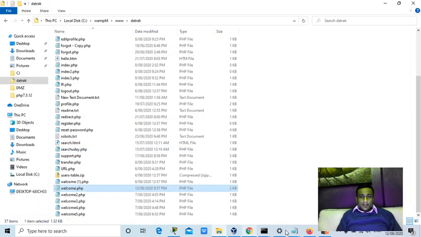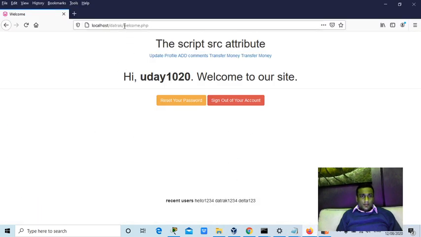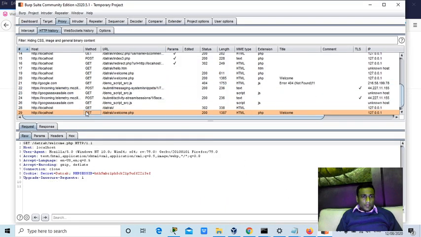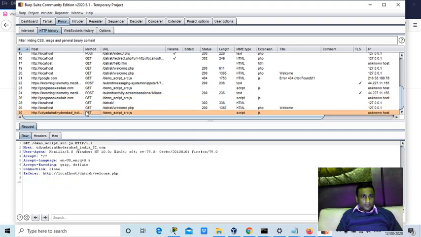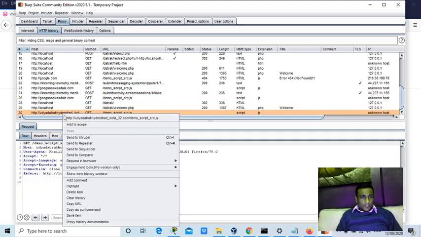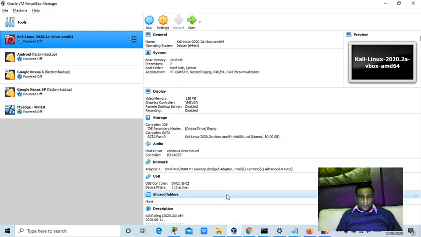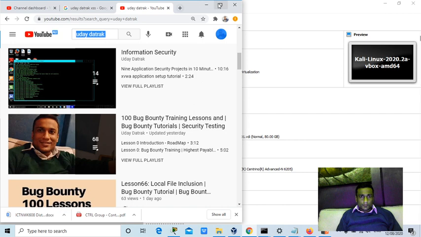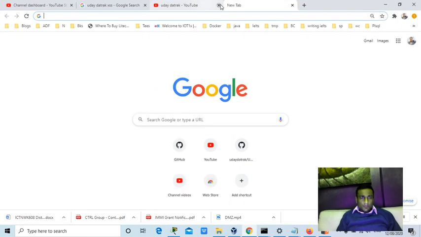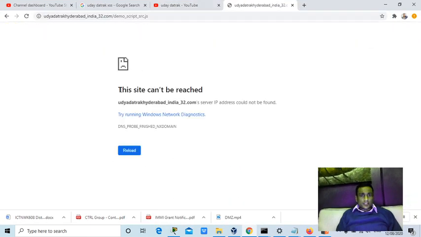Now there is some domain, and as soon as I loaded it, I could see the domain is loading here. Now I'll check whether this domain is active or not. Copy the URL, paste it. It will show that the site cannot be reached.